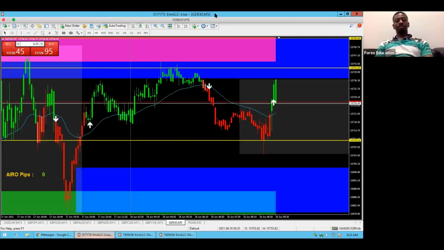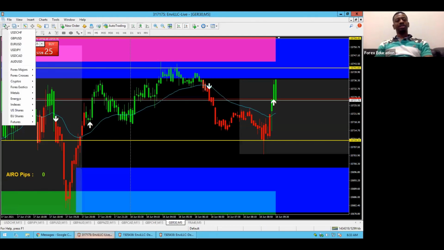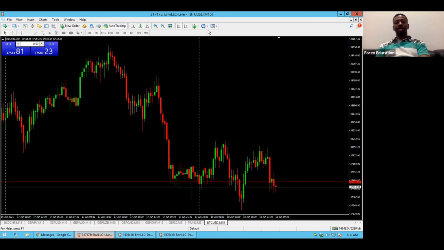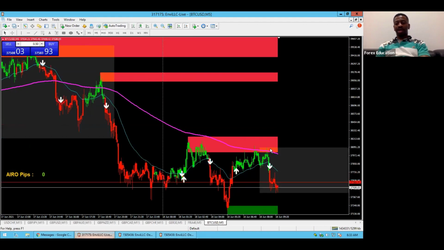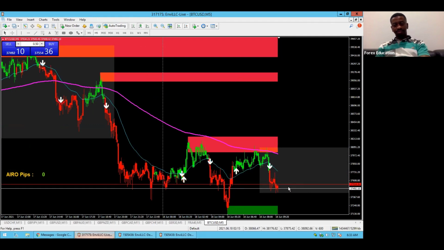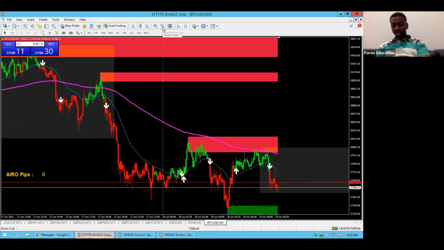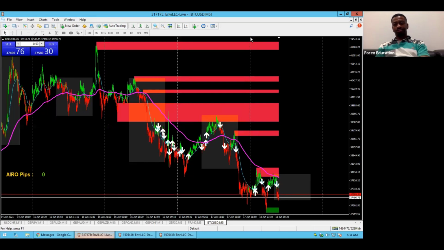We butt heads. BTC USD, go look at it. BTC not doing much of nothing right now anyway. BTC is one of those weird pairs. You can't really time BTC. That's what frustrates me about it. There's no specific time to trade, and I like to be able to set a schedule around it. It's not doing anything right now, so I wouldn't be playing with it. Had a banger earlier. If you had that trade, you might be up a few. It's in a downtrend, but it's not doing much right now.